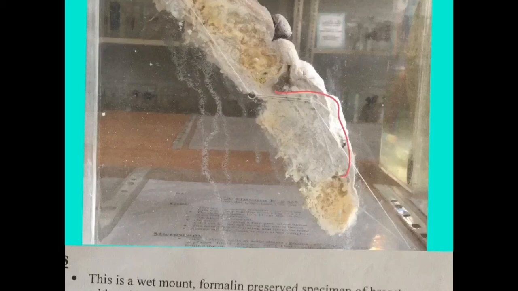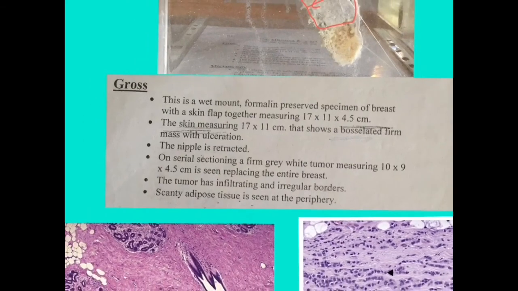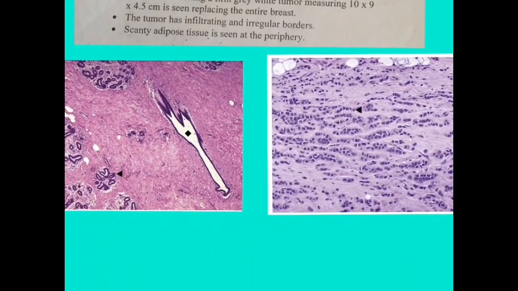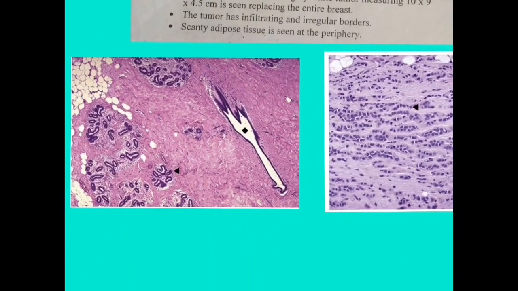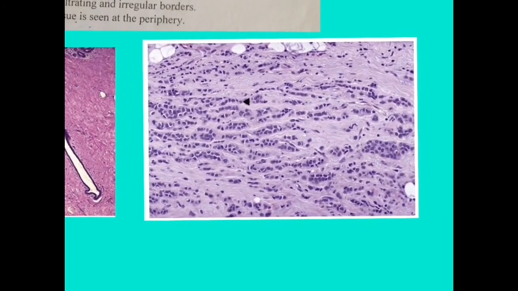Here again on the slice you can see the tumor, with irregular margins, around 2 to 3 centimeter in diameter. So it is a lobular carcinoma. Why is it lobular carcinoma? Again, the normal breast histology I covered already. So here is the difference I would like to tell you: the tumor cells are in a line.